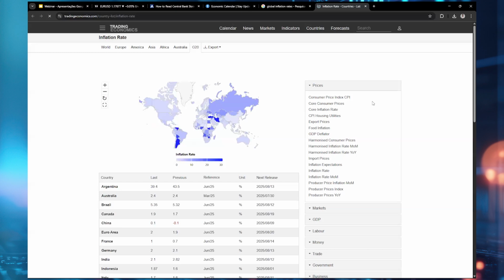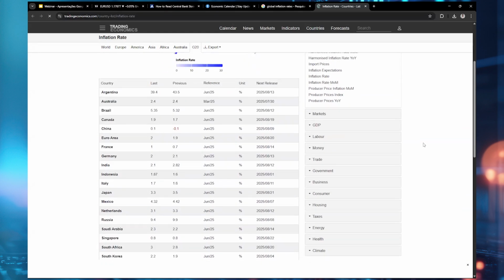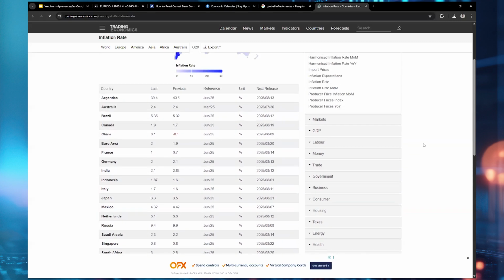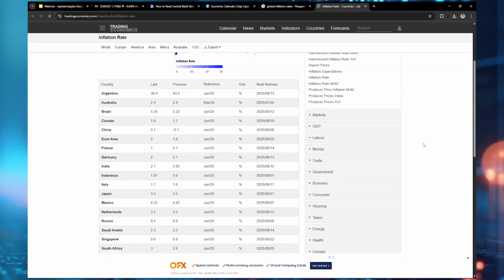Okay, so we can see, of course, there are going to be many countries here, but let's say United States. We have to look at the last one, because previous has been previously. And that's all in percentage. So the euro area inflation is at only 2%. Okay, only losing to Indonesia and Italy, but Italy is in the euro, so it's in the euro area, so that already accounts for the euro. What else?